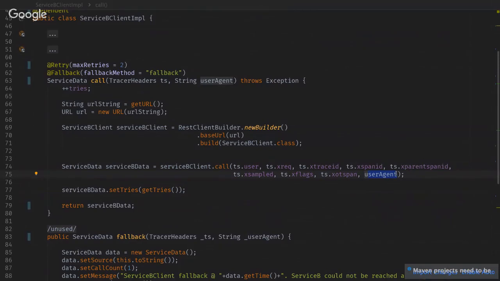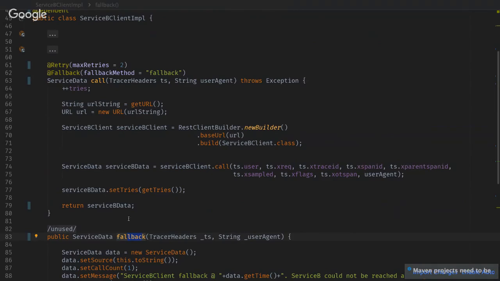And the other thing that I wanted to show, also Emily mentioned that already, here this is our call method, and if the call to service B fails, we have defined we need a fallback. And this is down here, the fallback method. That's something that you still need to provide. That is something Istio can currently not do for you. One could in theory say, okay, specify a different pod that is doing the fallback for you, but it does not exist. So MicroProfile fault tolerance to the rescue for this fallback.